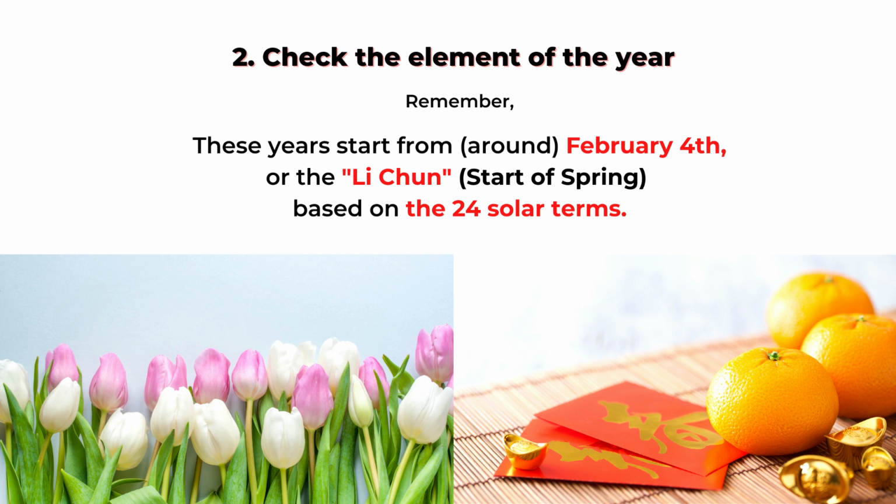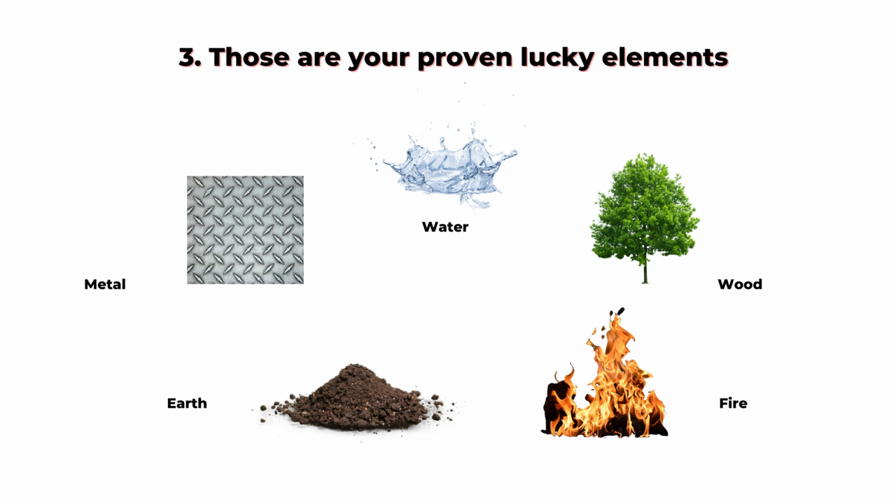And just remember the separation of the year or the beginning of the year is not January 1st. For all Chinese fortune telling, the beginning of the year starts on the Li Chun. That's usually on February 4th or 5th. So if the lucky event happens before the February 4th or 5th, that belongs to the previous year. And you might have more than one lucky element based on your past lucky years. It can be one or more of the 5 elements here: the wood, fire, earth, metal, or water.